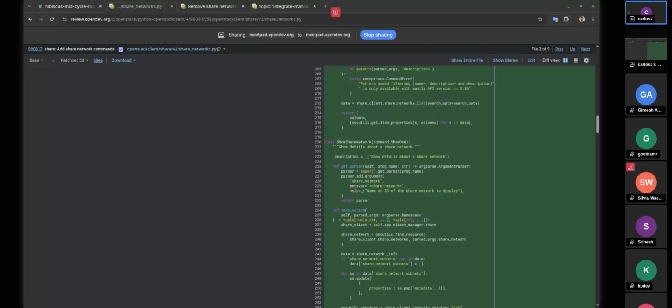But now the next thing we will need to discuss is that at some point, and hopefully as soon as possible, we will not be targeting any new features to the Python Manila client repository. We will mostly be focusing on maintaining and migrating our commands to the Python OpenStack client repository.